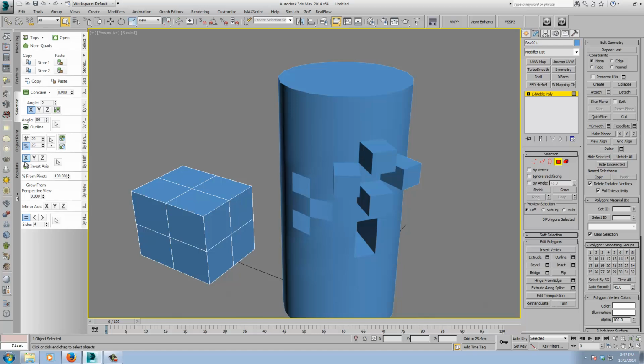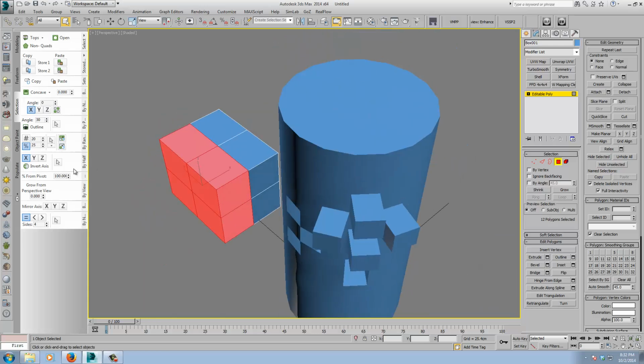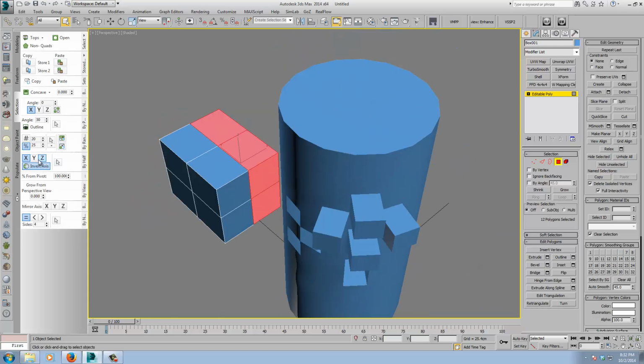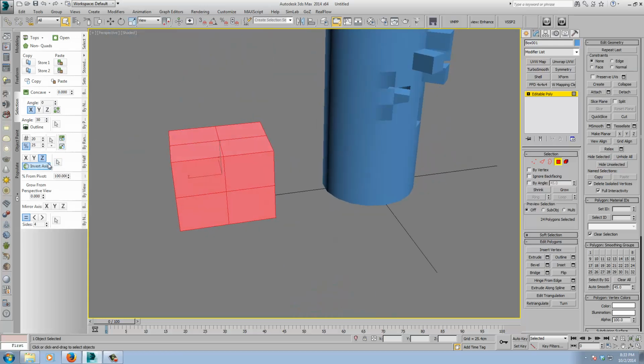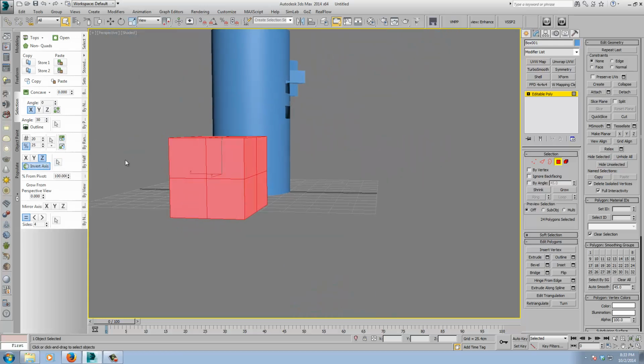You can see here by half, so on the x-axis there, select half, and then you can invert your selection. Same for y, z,